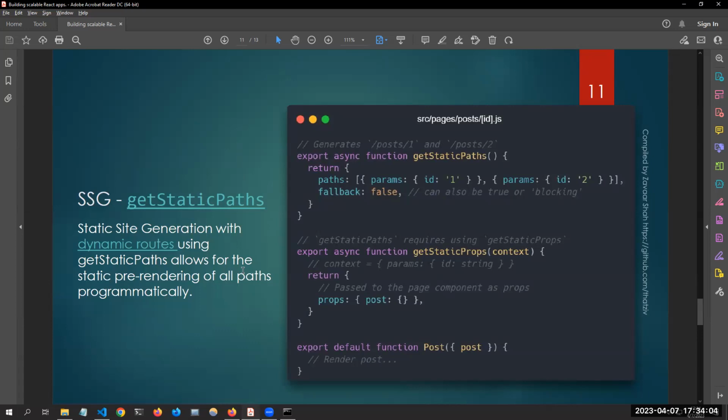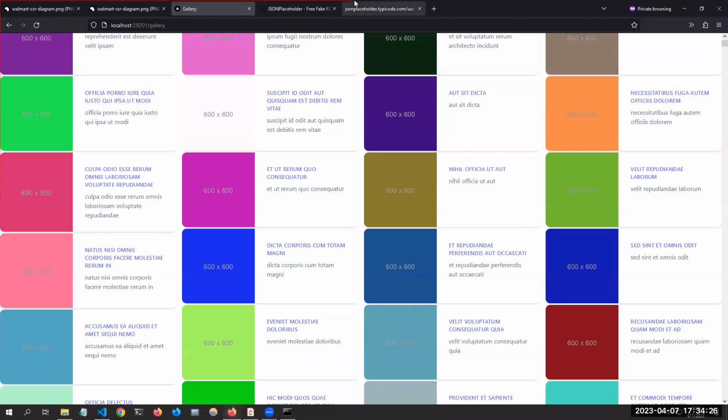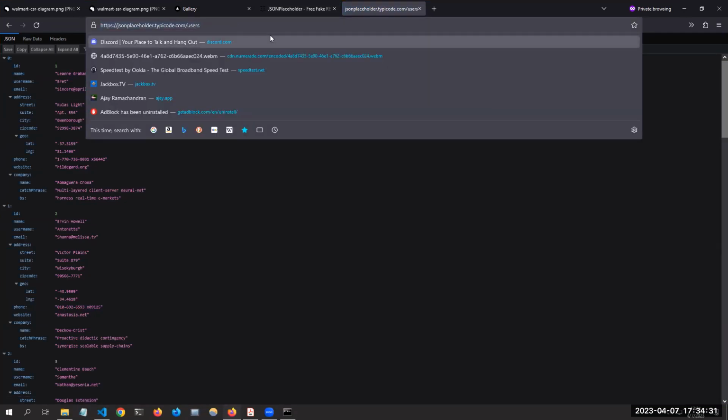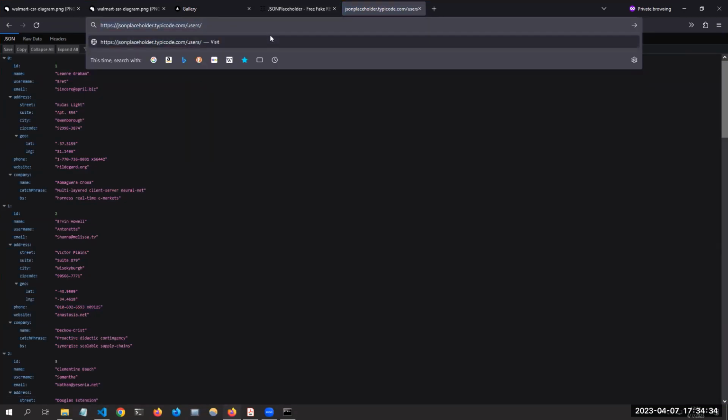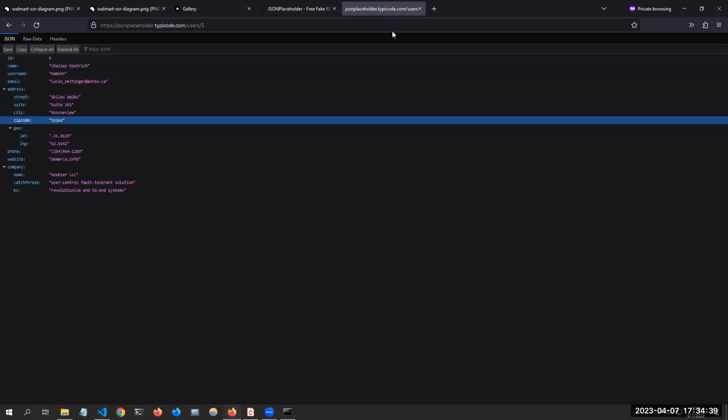So the thing with Next is one of the hallmarks of it is static site generation and its flexibility with dynamic routing. So you can use dynamic routes using getStaticPaths, and that allows for the static pre-rendering of all paths programmatically. So what I was mentioning earlier about a specific user, right? Because in this endpoint, they allow you to do /users. And then if I want access to a specific user's information, I can get access to the user with ID 5, and that'll be this person right here. So I'm going to create,